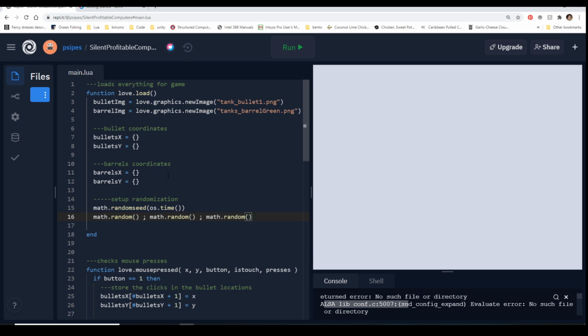This serves no other purpose than to make sure that you have nothing from the old calls, and it sets it up so that you can call from this new random seed. You can put them on separate lines. You don't have to put the semicolons. The semicolons are nice because you can see that these are separated, but it's kind of up to you how you want to do it.